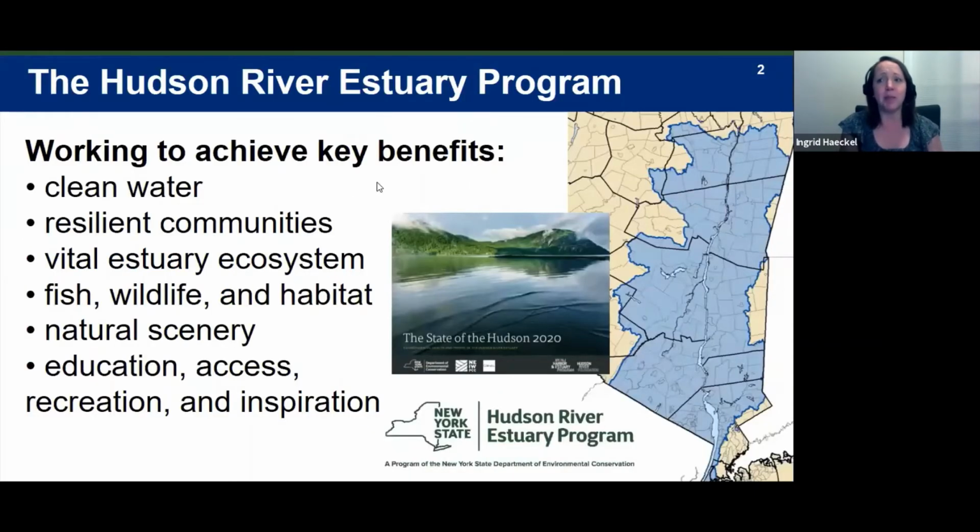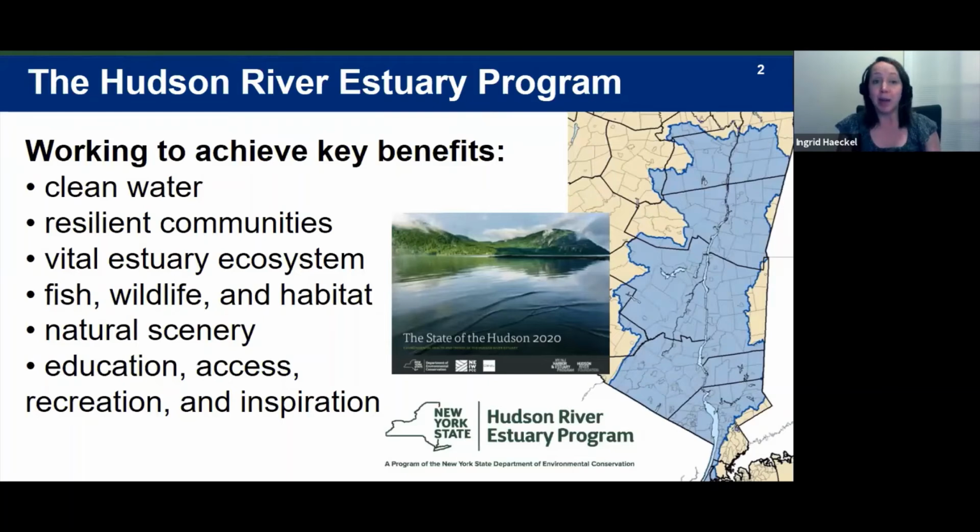But first, just a quick background about the Estuary program. We're a special program at the New York State Department of Environmental Conservation, established to help people enjoy, protect, and revitalize the Hudson River and its valley. And we work throughout the 10 counties bordering the tidal Hudson, in the area in blue shown on